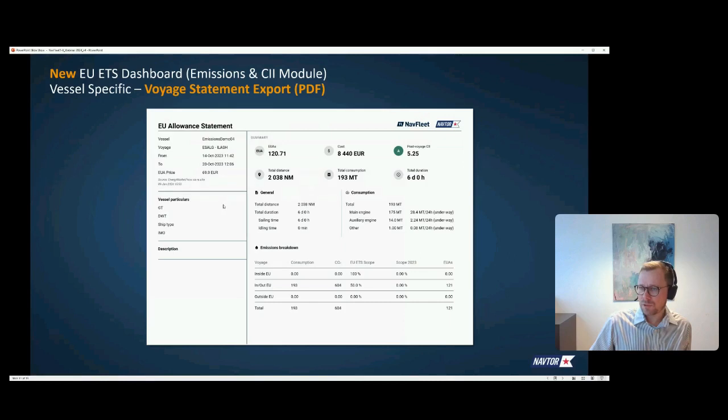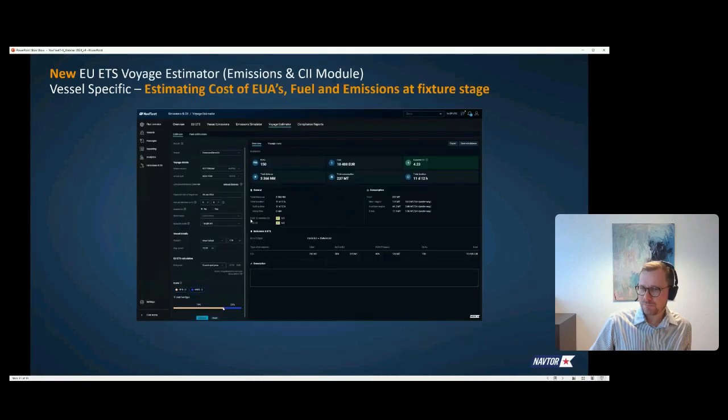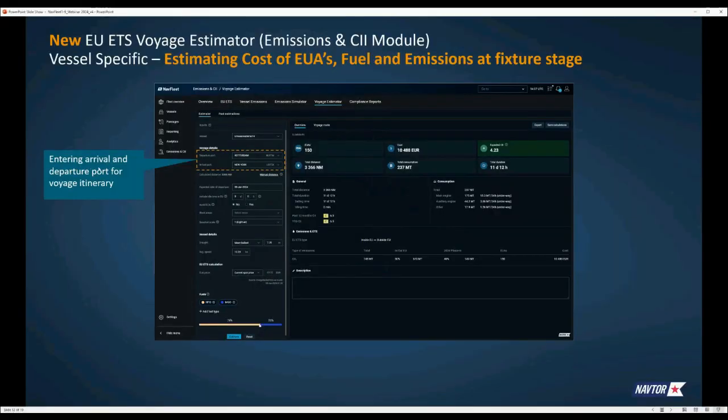And the EU allowance statement could look something like this. We also have a possibility to estimate the cost of EUAs for a specific voyage that we are planning. For that, we require the users to input the arrival and departure port for the voyage itinerary, potentially entering any idling period. So a no-go area, so that could be any time spent in port or anchorage that you